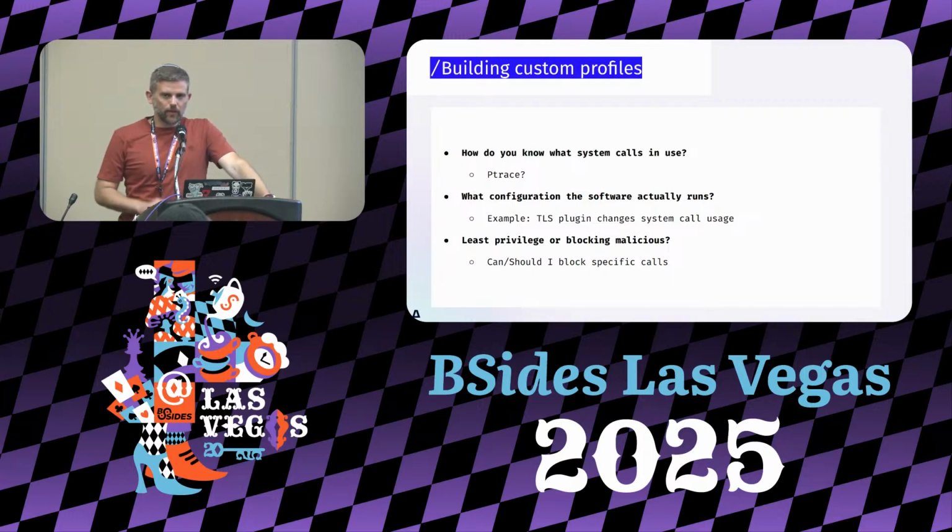So the question is, if I'm trying to build better tailored seccomp profiles, what can I do? How do I know which system calls are running and which are not? There are obviously tools to list them, ptrace and so on, but these are very problematic to use in a containerized environment. Also, if I'm trying to create a seccomp profile tailored to a very specific application, for example Elasticsearch,